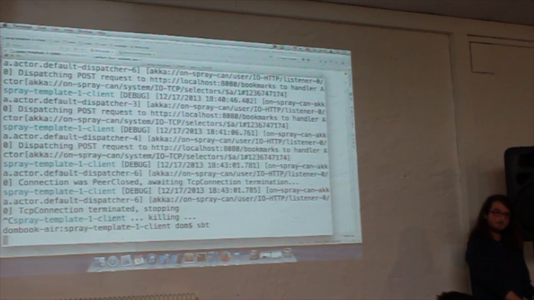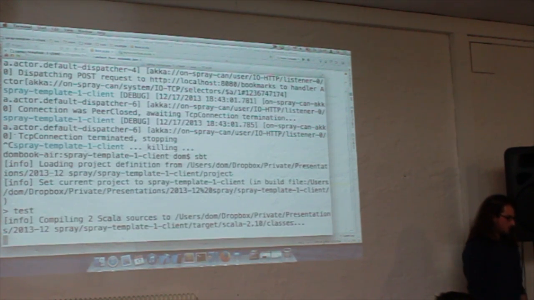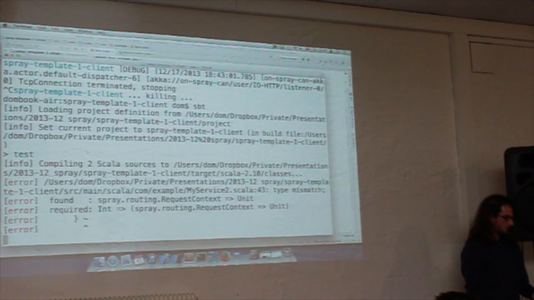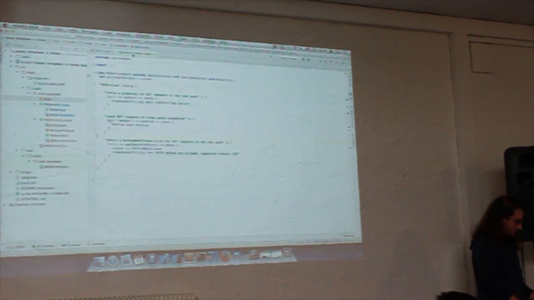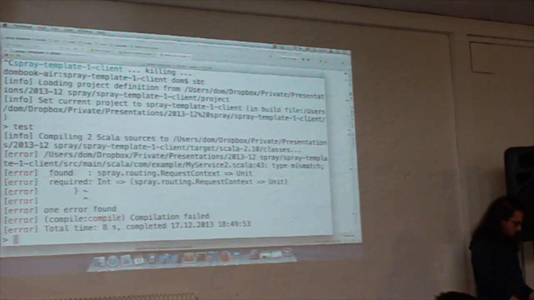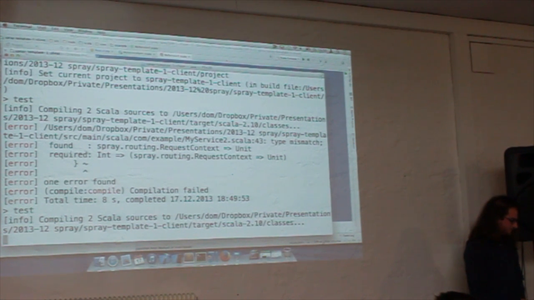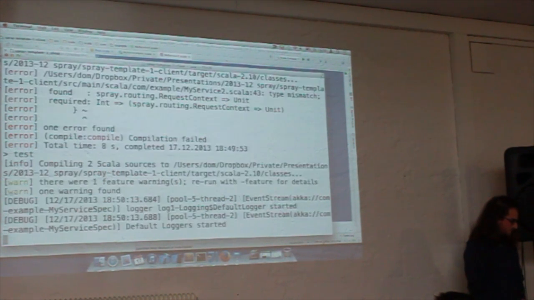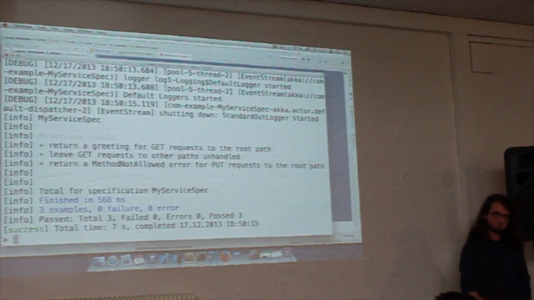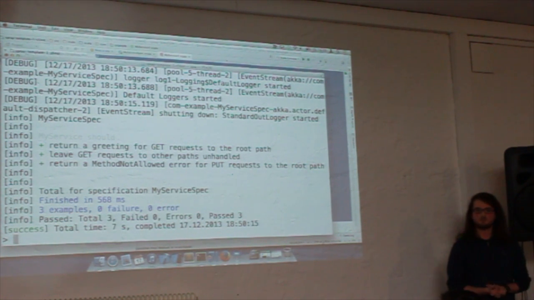Because in Play, it has to start a fake application, it takes a little while. I mean, only 3 tests obviously, but it creates its own actor and takes those routes and just tests the routes basically.